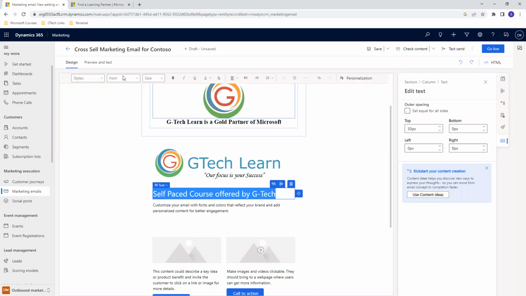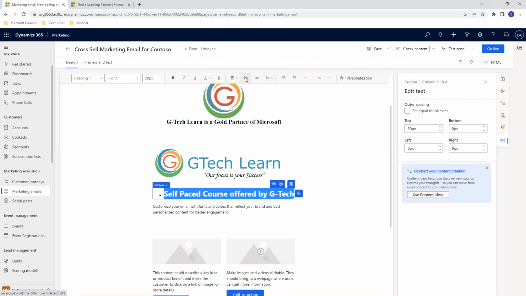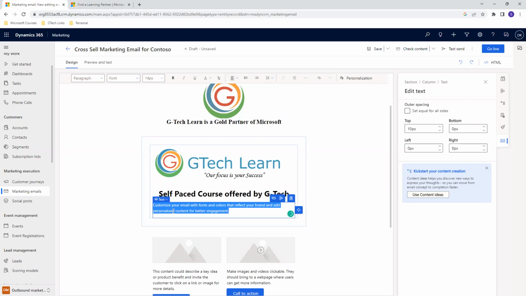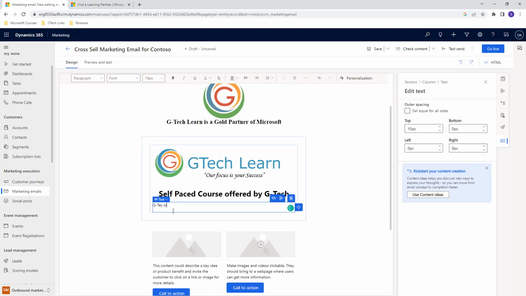I can change this format if I want. I would say it's going to be my heading 1, and I wanted to make it middle, and I wanted to remove the specific bullets and numbering. I wanted to make a change in this middle area. Let me change it to the middle area. Let me specify some messages. So I would say GTech is offering some free courses